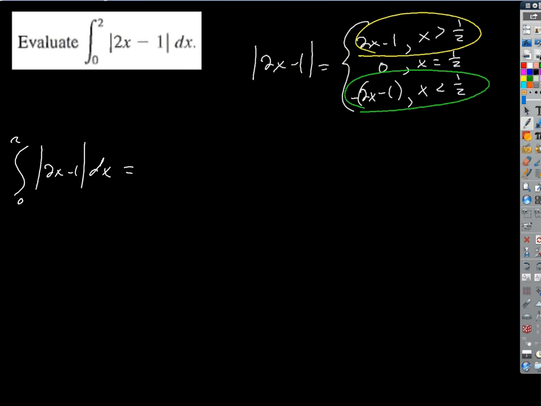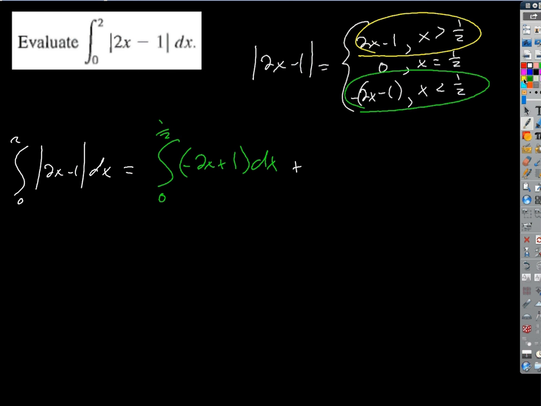Okay, 0 to 1/2, what are we adding up? Ah, it's that one, isn't it? Right, that's the piece of the function on the interval from 0 to 1/2. So we're looking at the area under that part of the function on its domain, right? So we're going to get the integral of negative 2x plus 1, from 0 to 1/2, good,